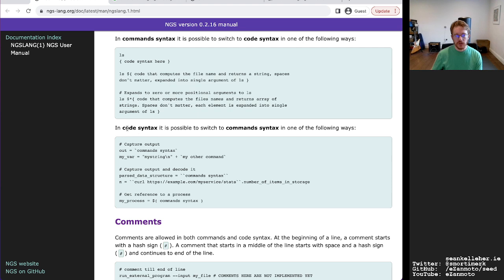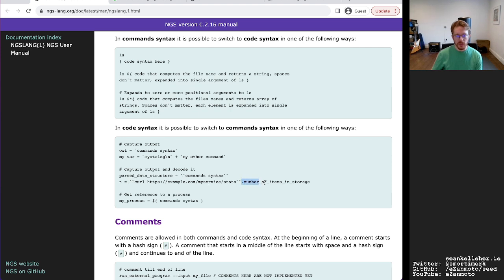And in code syntax, it's possible to switch to command syntax in one of the following ways. So we've got command syntax here, and we've got it with appending there. Capture output and decode it.